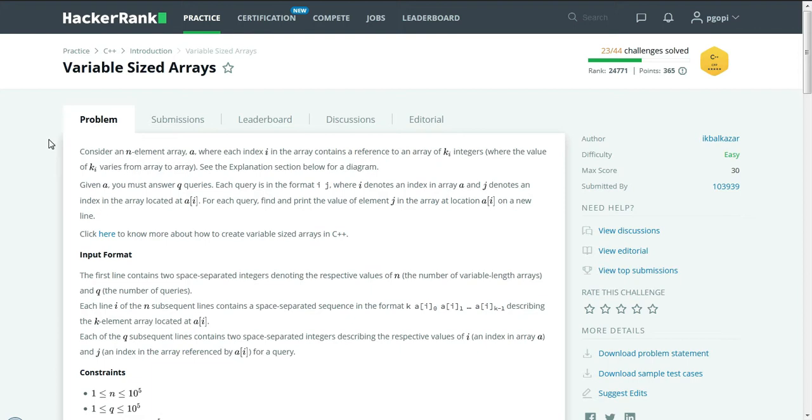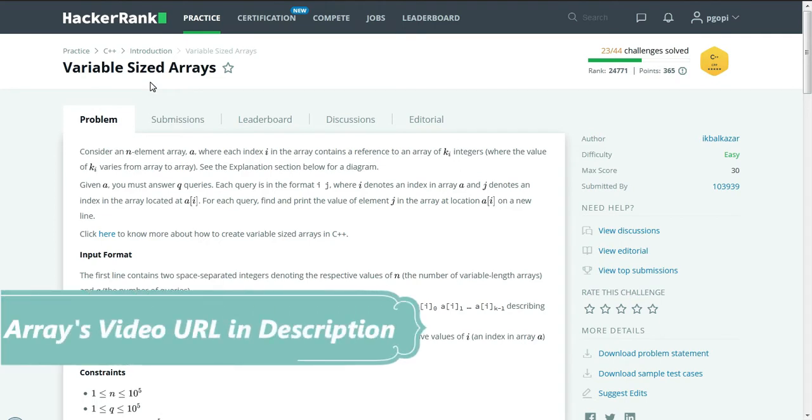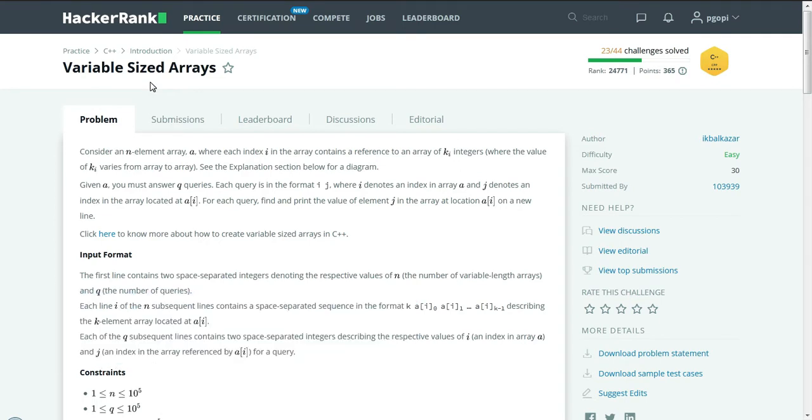In this movie we are going to discuss variable sized array. In the previous movie we discussed arrays, and here we are going to discuss variable sized arrays. If you noticed, in the previous video I explained that an array is a constant sized one, but here the topic says variable sized array. So instead of using an array we are going to use STL templates.